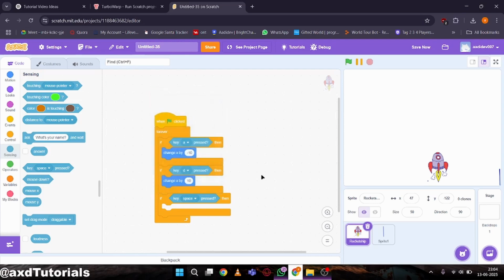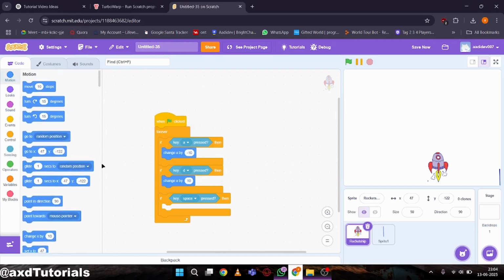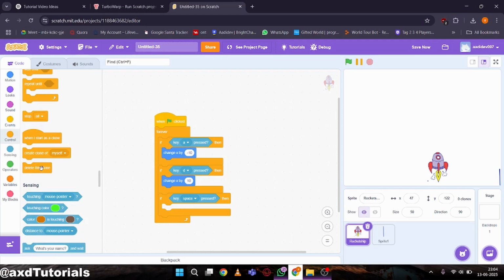You can also use space. And then what you want is to go to control and get a create clone block and make it your laser. Then